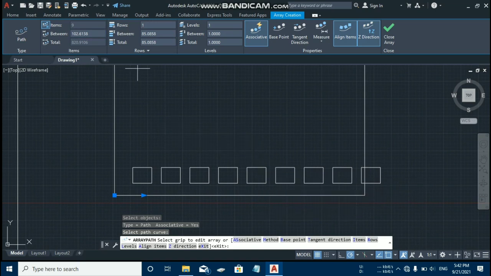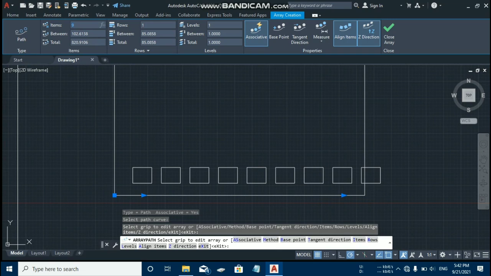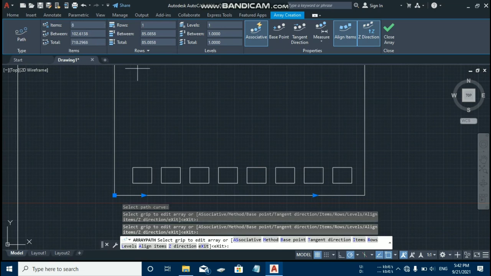And as you can see, I can put the amount of items here. Let's take 8, and you will see that it works perfectly.